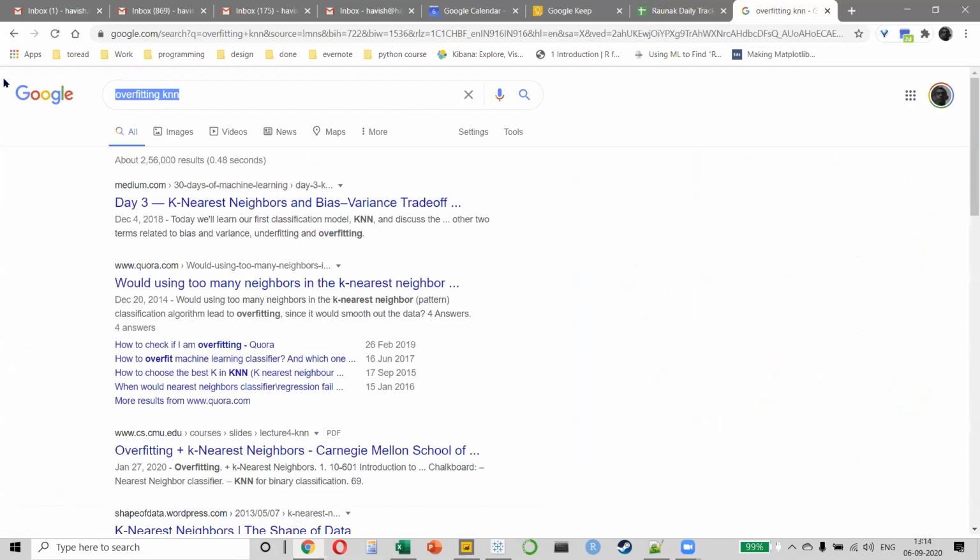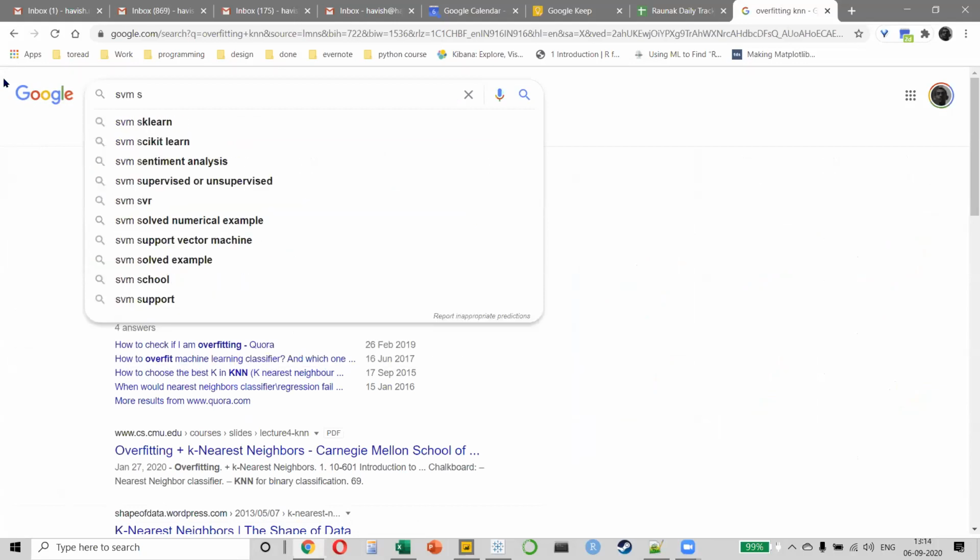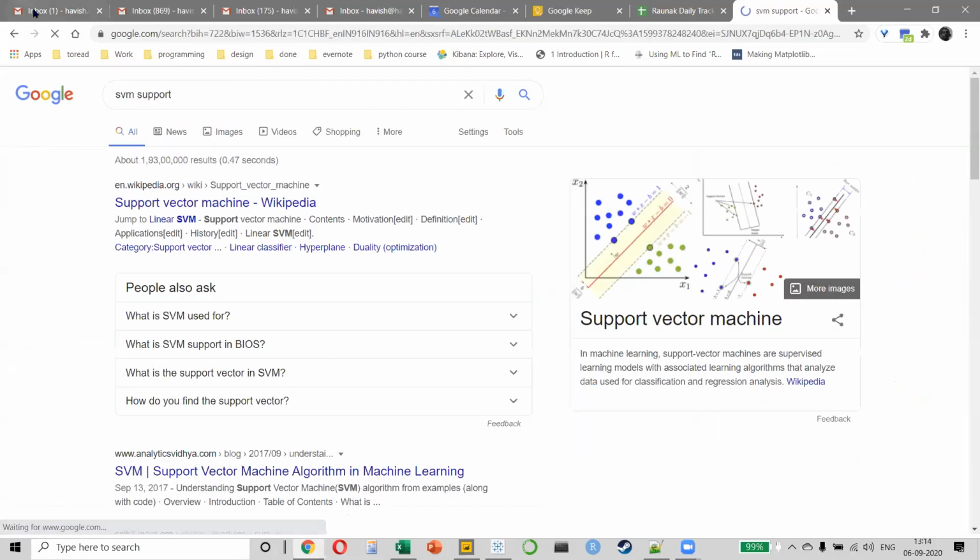There are lots of other methods that we use in regression and classification. So for example, you have SVM, which is support vector machine. Fundamentally, it is the same thing. It's a supervised learning,